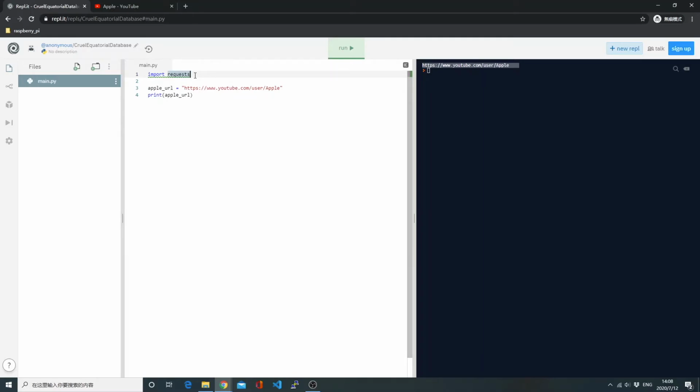IQUEST. I think that's the correct one. So we need to import some library called request, and then we have the ability to connect to the internet and then download stuff and read the content from web pages. After importing the library, we also need to actually ask Python to use that ability by typing